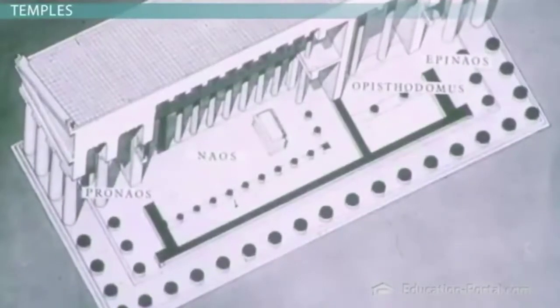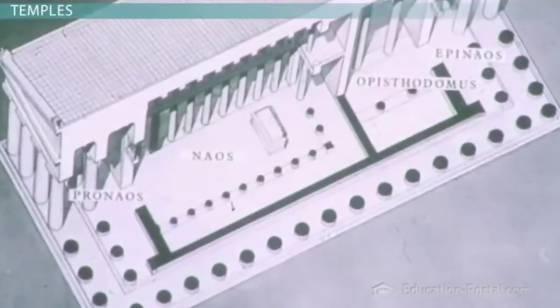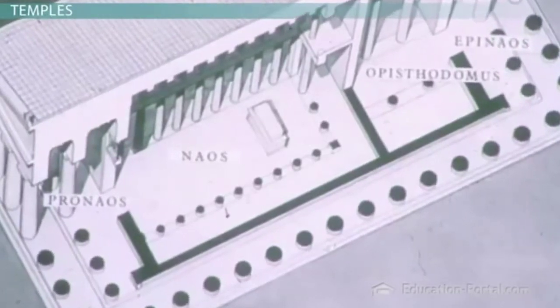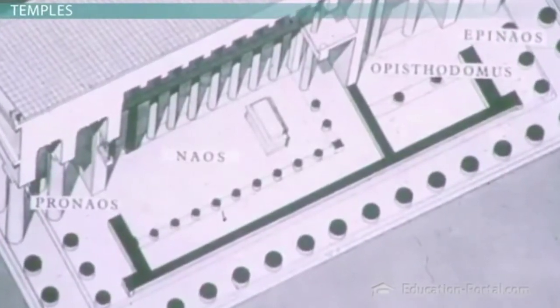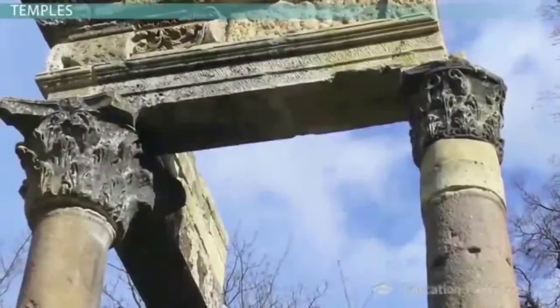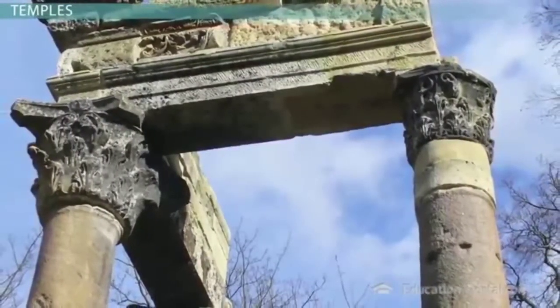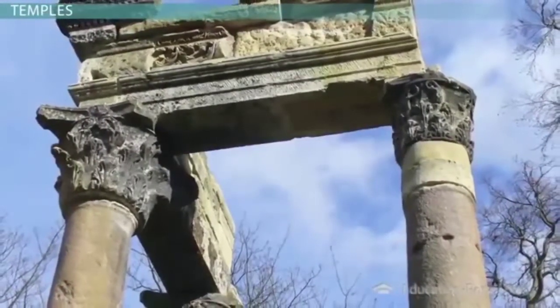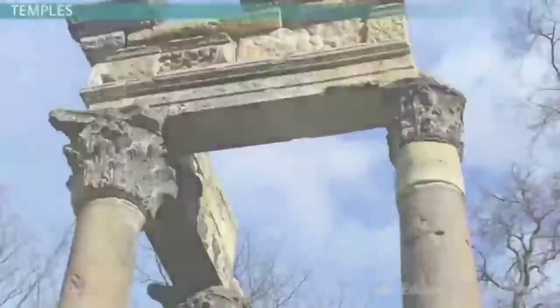Inside the temple was a smaller enclosure called a naos, lined with its own columns. This was the holiest place of the temple, and usually housed an idol of the deity for whom the temple was built. Sometimes the Greeks would switch up column styles within the naos, putting the hefty Doric on the outside and the delicate Ionic or Corinthian within.